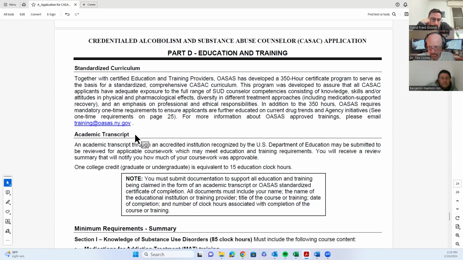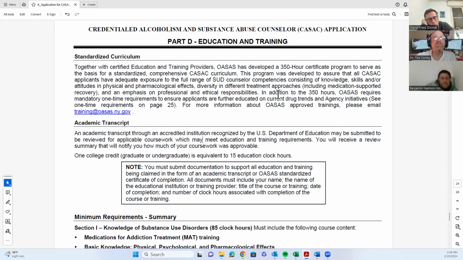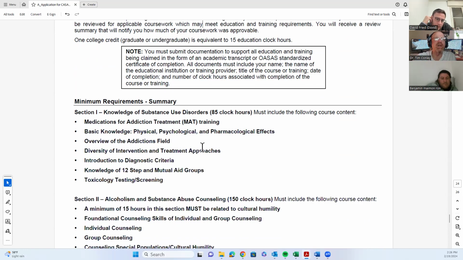But I have to be careful. I cut one and had to take it back. Early on in the process, I had issued a 350 and I went to the transcript and saw you took community practice, not psychopathology, and the student had to audit the psychopathology course. But at any rate, we'll be good. So there's a standardized curriculum. You're going to be fine. You have had your 85 hours here.